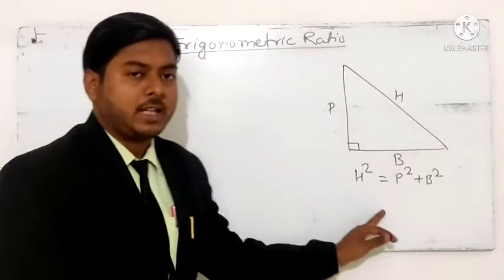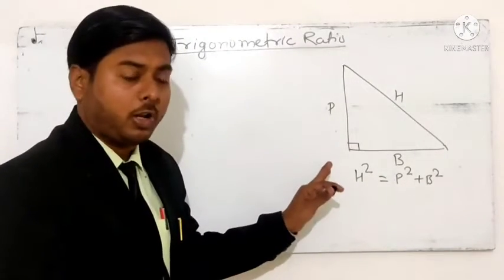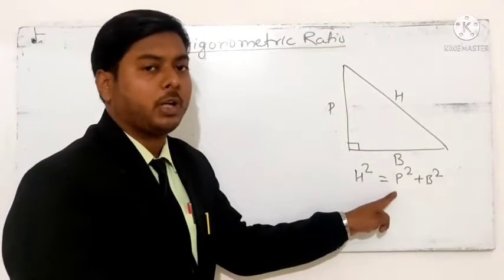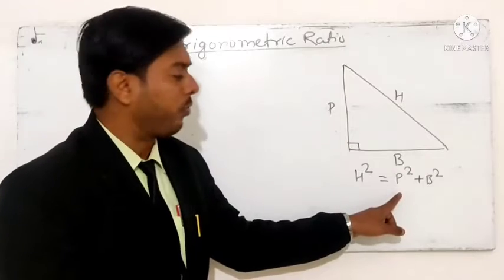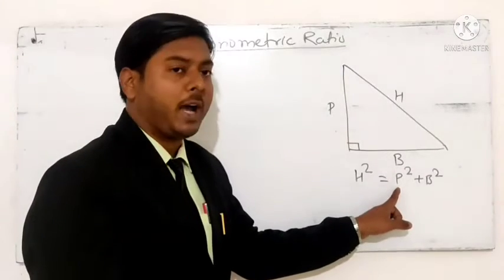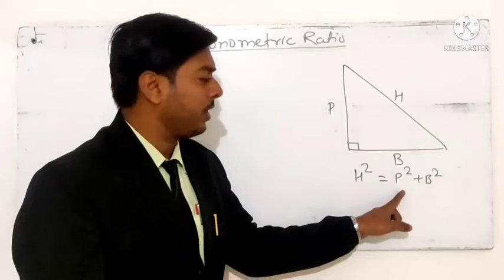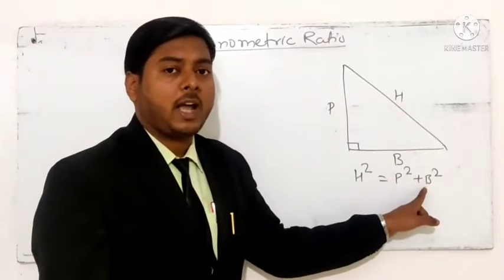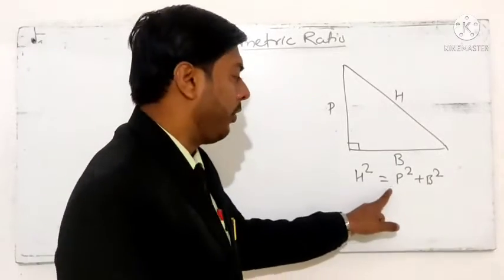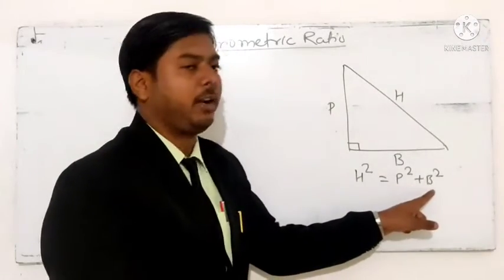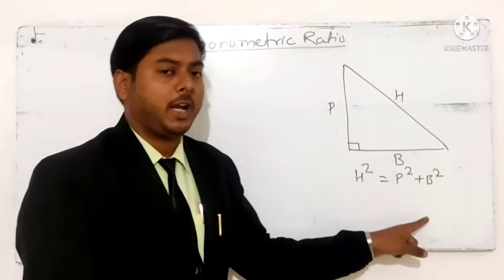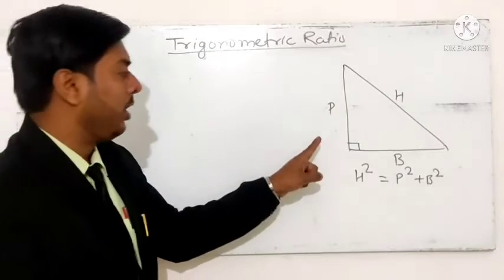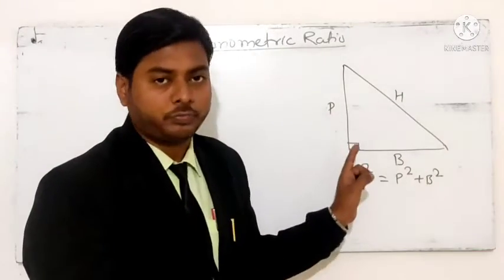This theorem is applicable, for example, when the length of the perpendicular is 4, and the square of 4 is 16, and the length of the base is 3, and the square of 3 is 9. When you sum 16 and 9, you get 25, and 25 is the square of 5. With the help of that, you can find the value.